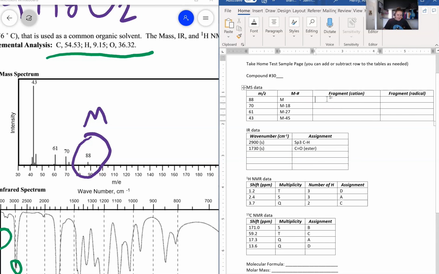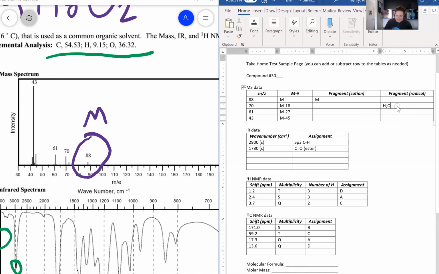The cation fragment is whatever made the m/z peak. So for the first one, it's literally just the entire molecule. So I'm just going to put another M there, and then nothing broke off of it, so we're just going to put little dashes. For the next one, we know that it lost 18. A really common thing that breaks off from losing 18 is a water molecule. So the 18 is water,